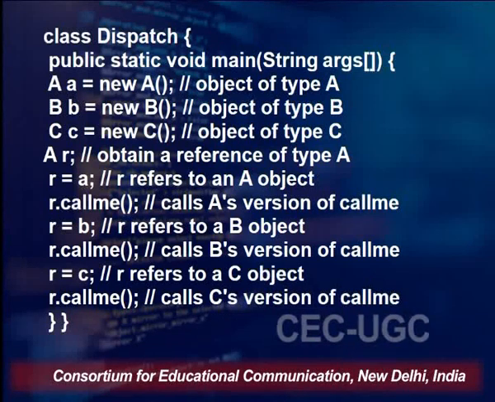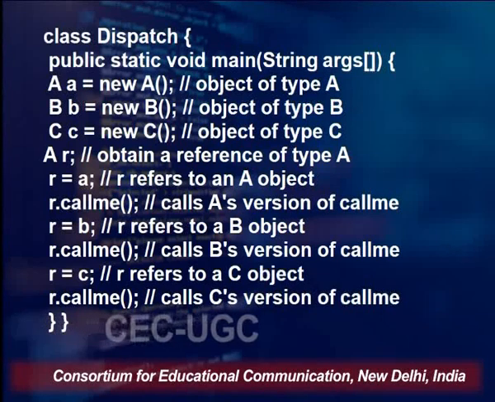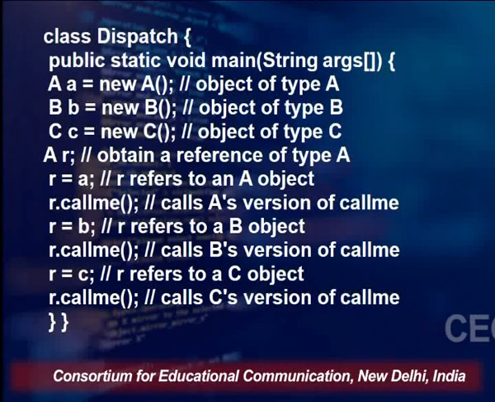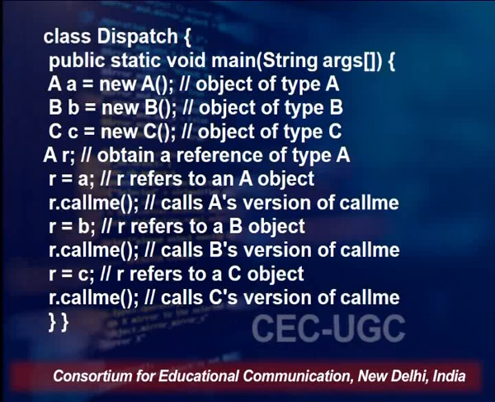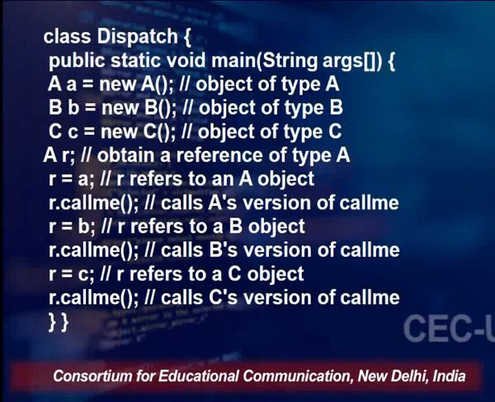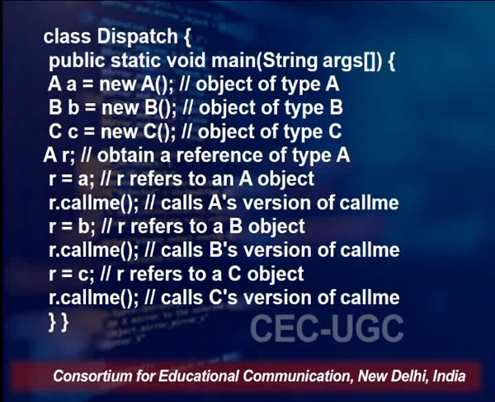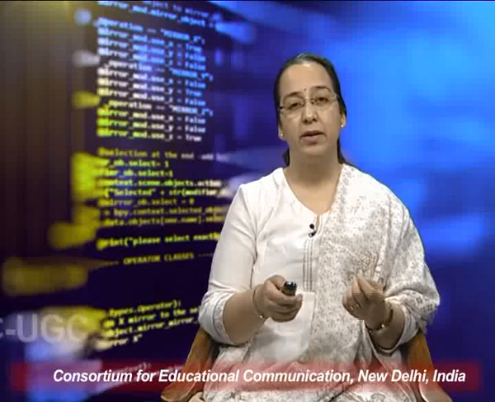Then we have r equals b, and this is something we need to understand here: now r is actually referring to the object of B. r is a reference type of A, but this can refer to the object of class B. Why? Because A is the parent class and B is a child class. So, a parent class reference variable can have the object of the child class, and with that we have called